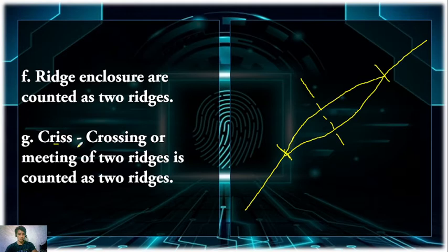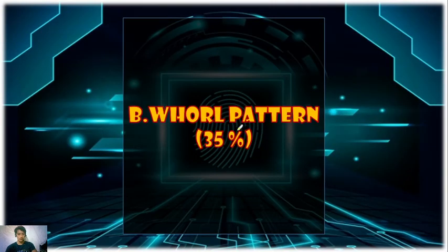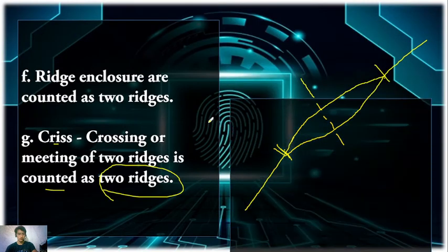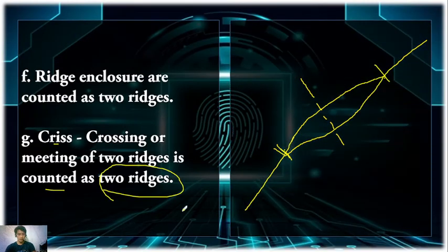And then crisscrossing or meeting of 2 ridges is counted as 2 ridges. So that is letter G, and overall those are the rules that you should keep in mind, especially in ridge counting. So moving on with the next